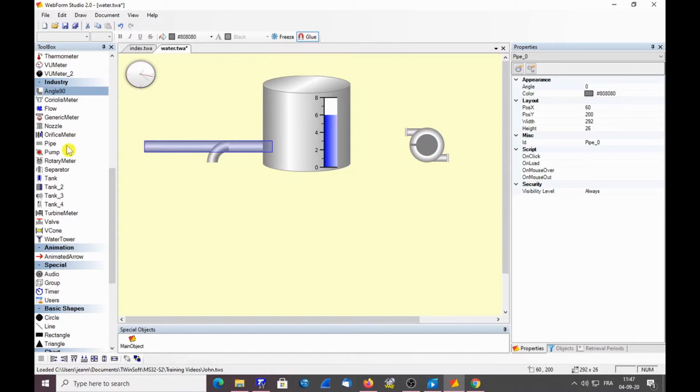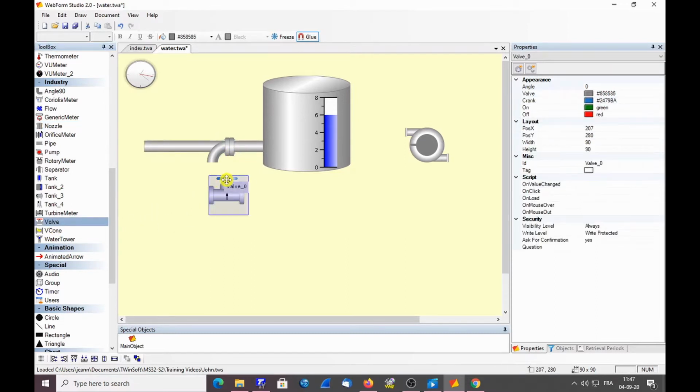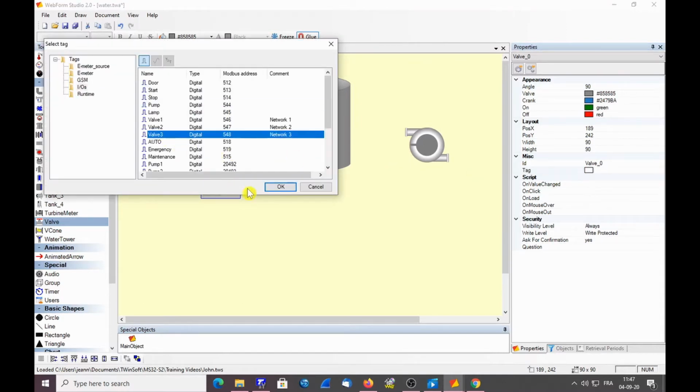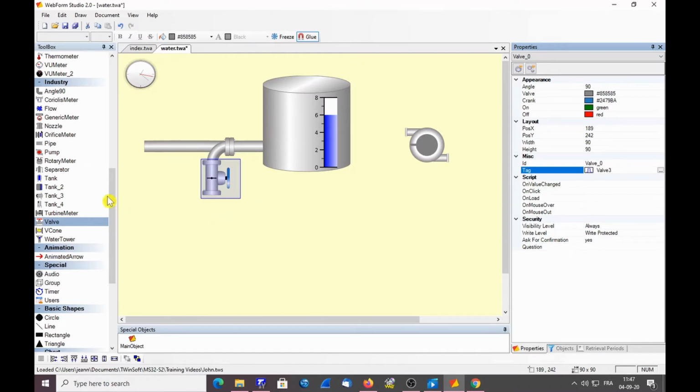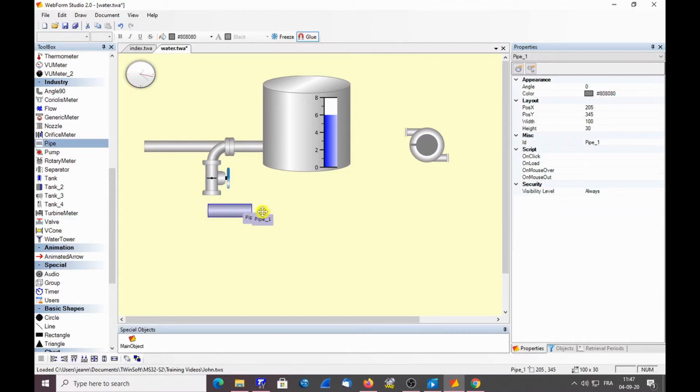I can add a nozzle. I will add a valve, and the valve I will rotate it 90 degrees like that, and to the valve I will associate a tag, which will be the valve number 3, and I will add a new piece of pipe. I can also change the angle of my pipe to have a vertical pipe. I will resize it like this,